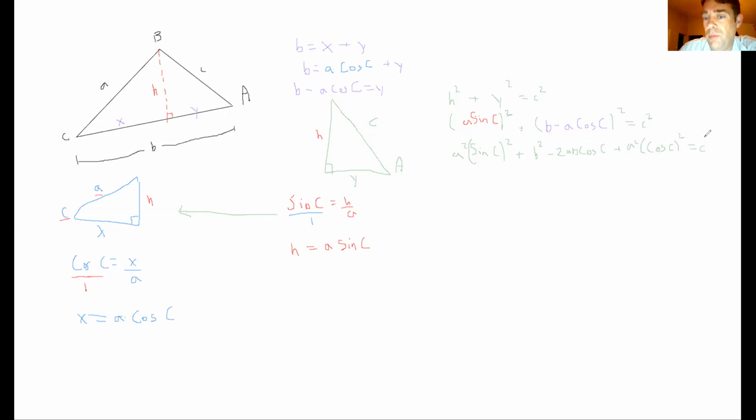So now we got a big giant mess here. We got cosines of c's, we got cosine squared and sine squared of c. We've got all these a's. But if you notice, I have an a squared here and an a squared here, and they're with this sine c squared and cosine c squared. If we start to put those together a little bit,